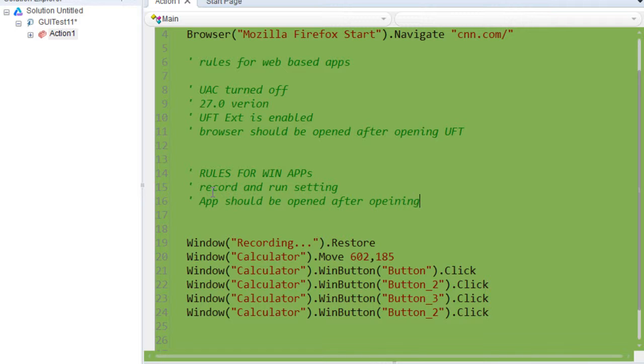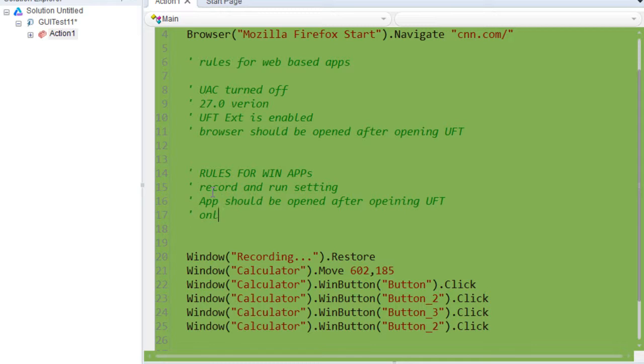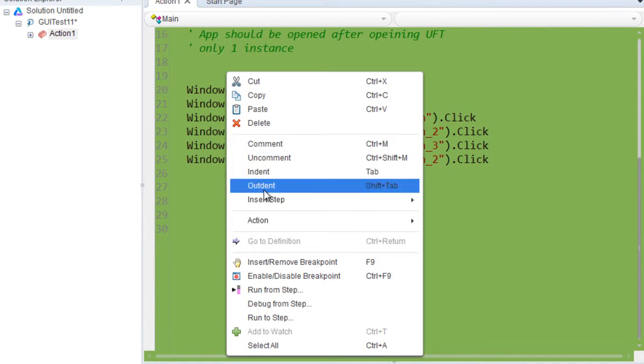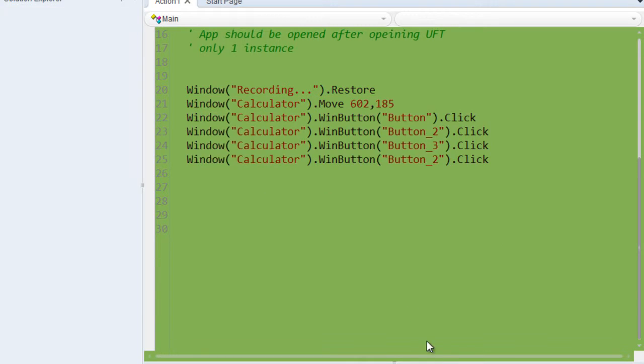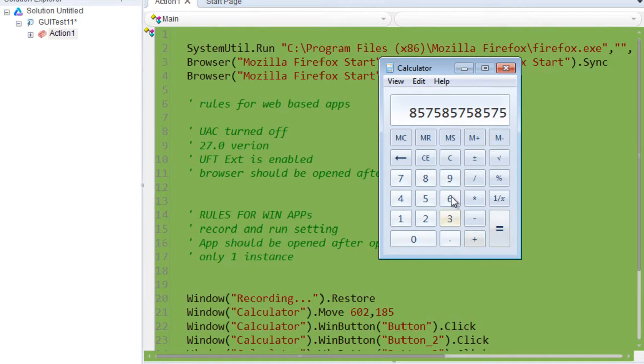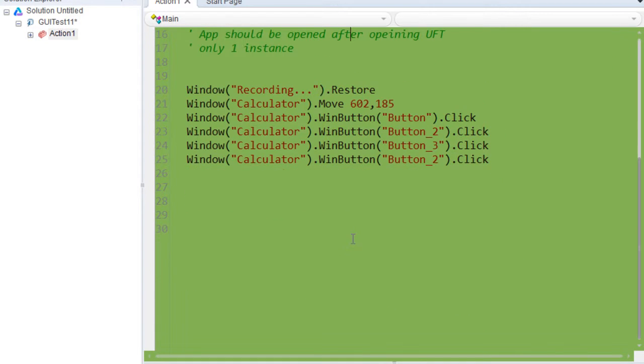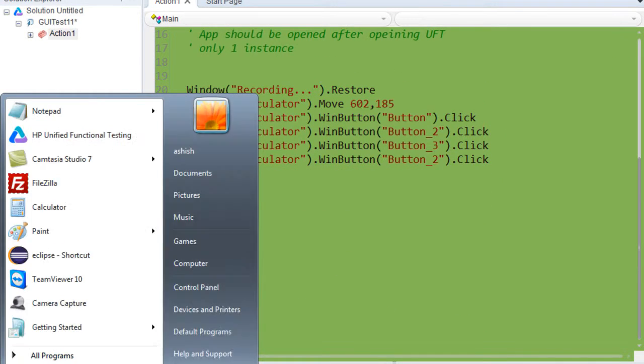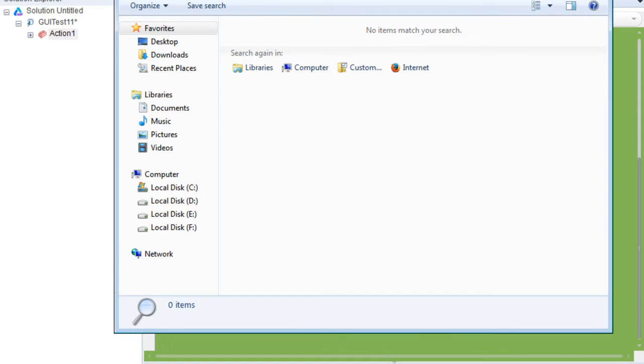Okay, this is very important. Third important thing is only one instance. What do we mean by that? Suppose I have this calculator, right? If I execute this code, it runs on the calculator, it runs perfectly fine. Okay, but if I open one more calculator, oh sorry,